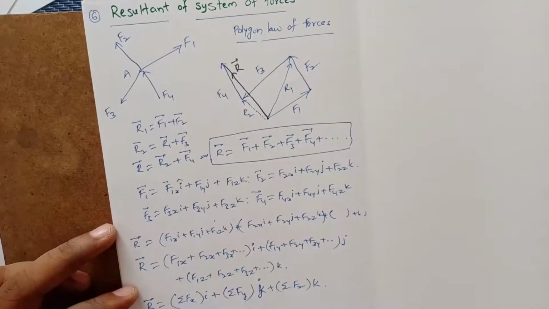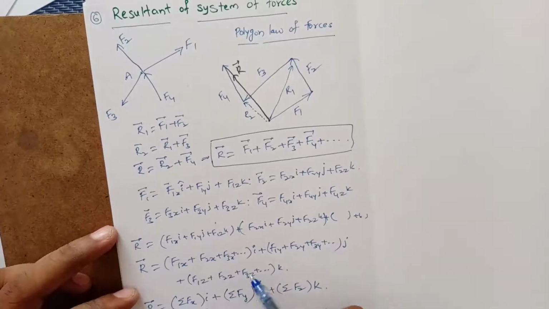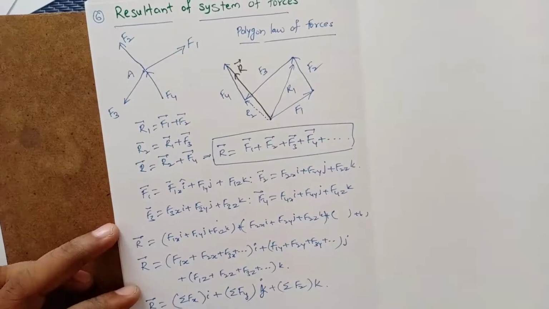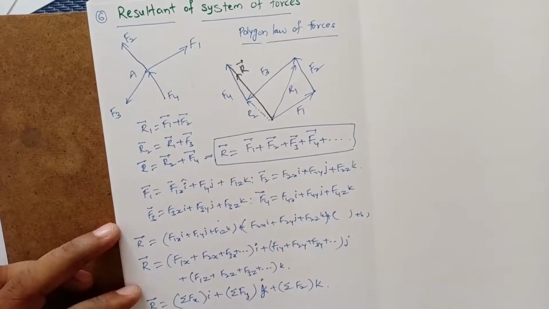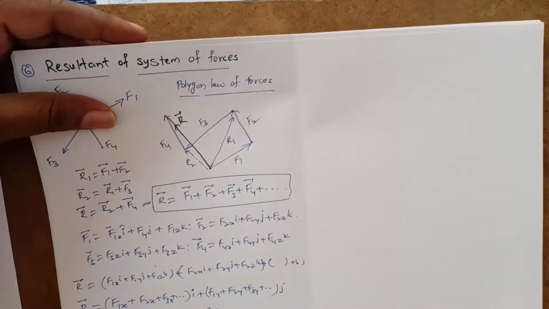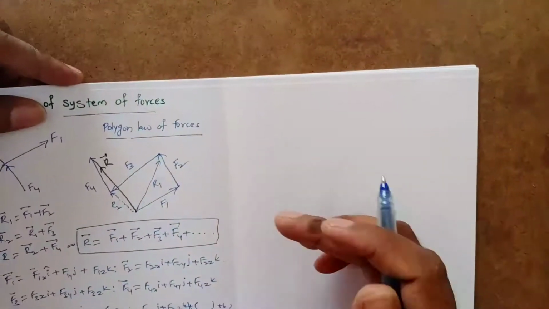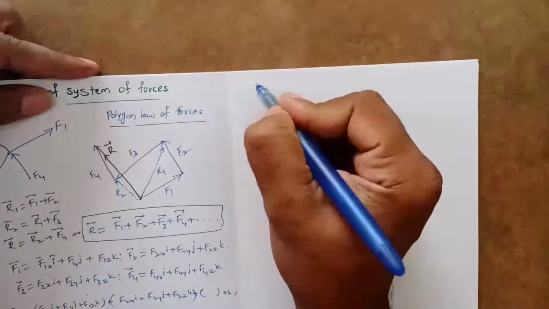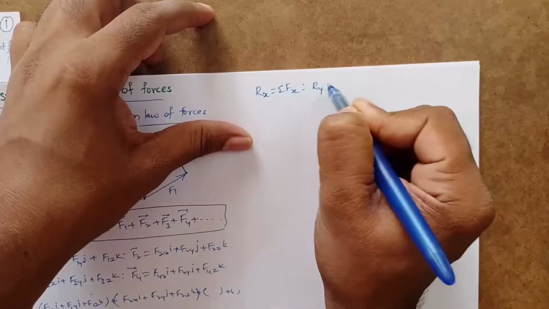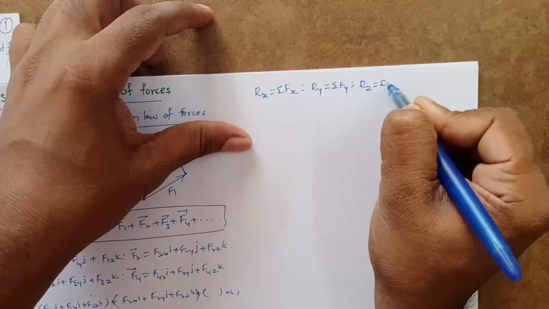Now if you are replacing these forces by a single force r bar, and you resolve that r bar into three components, we can write this r bar as rx i cap, ry j cap, and rz k cap. Then substituting this r bar here in this equation and comparing on both sides, what we get here is rx is equal to sigma fx, and ry is equal to sigma fy, rz is equal to sigma fz,